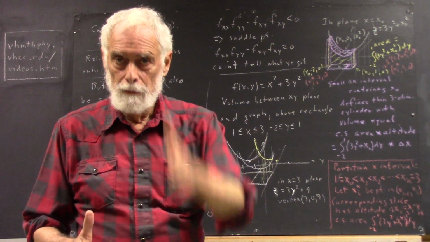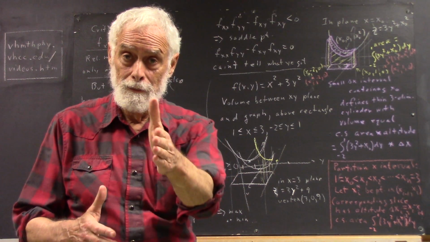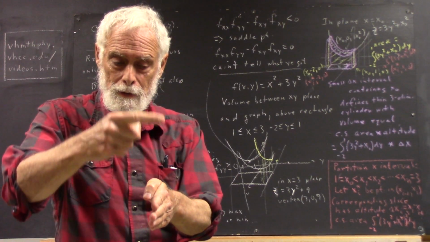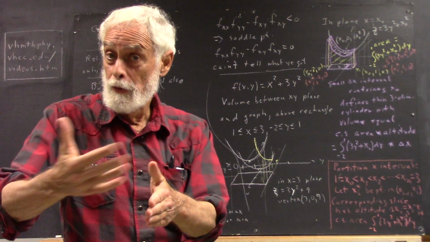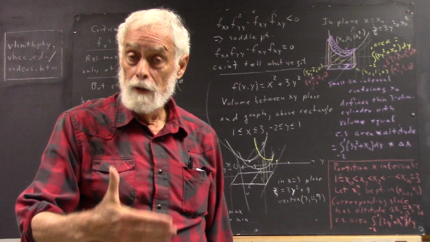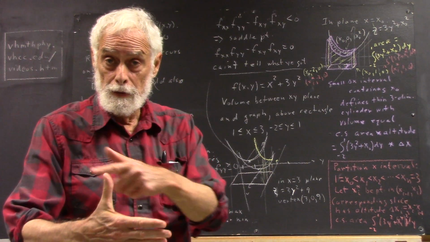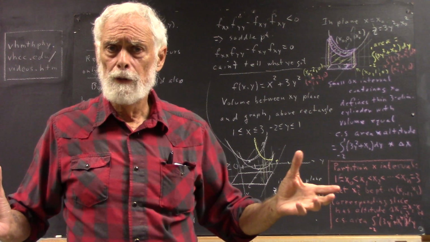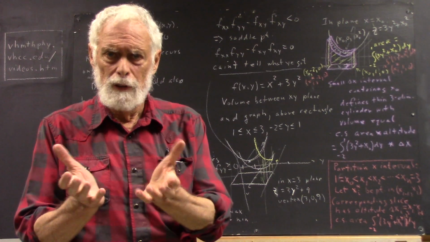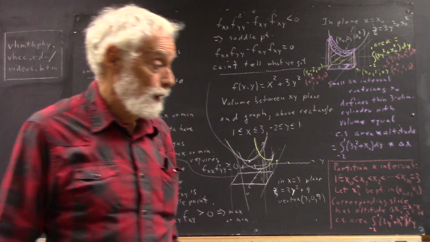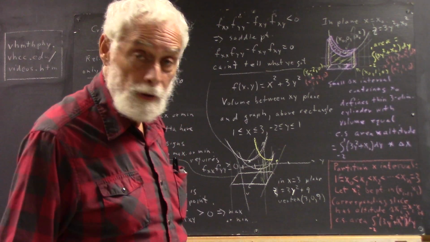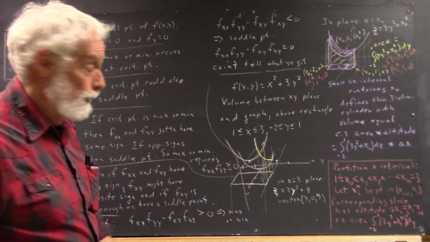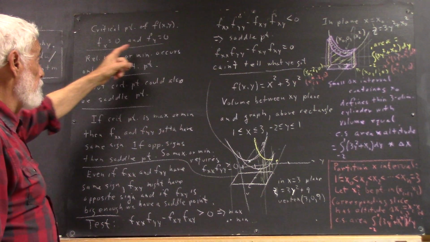Now, f_x: you hold y constant, and your paraboloid is cut in such a way that you have a parabola within that plane, and if you cut it holding x constant in the y direction, you have another parabola. If it's an elliptical paraboloid, the parabolas will have one narrower than the other. If it's just a straight paraboloid, the parabolas would be similar. And their vertex would be at the same point, and that's the point at which f_x is 0 and f_y